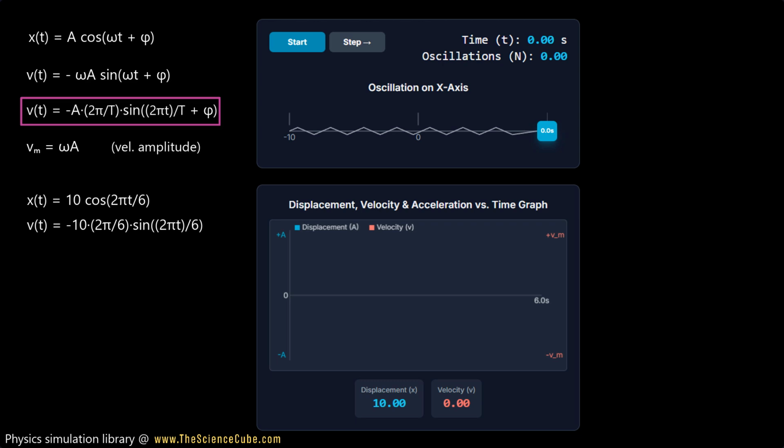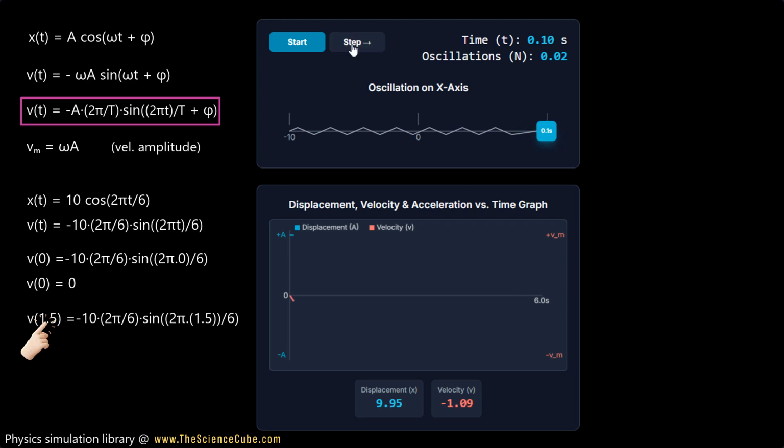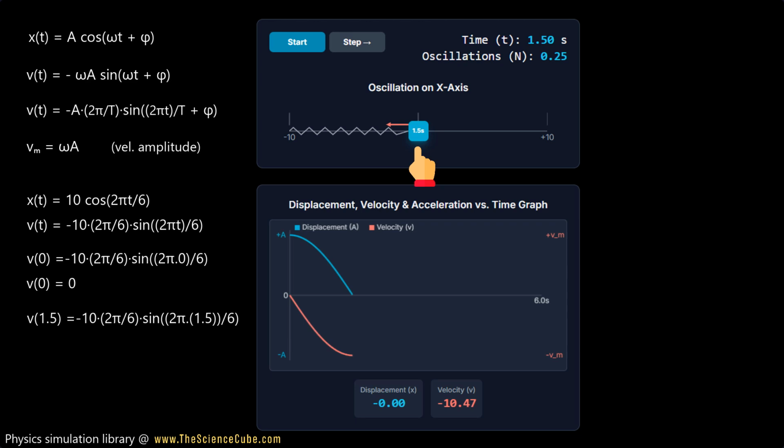So let us do a check on this equation and find the velocity at time t = 0, and we calculate this equals 0 meters per second. And that's what we see here as well. At t = 1.5 seconds, when the mass is at its equilibrium position, we expect the velocity to be pointing leftward and at its max. Well, we find the calculated velocity as -10.47 meters per second,